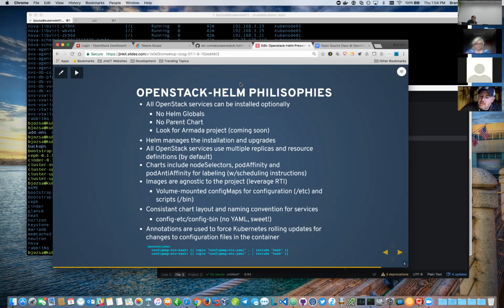So to tell you about our philosophy, the philosophies are really what's driving the way that we're building these, because as a large telecom provider, we have a very complicated OpenStack cloud, and it's very difficult to upgrade because of the intertwined dependencies. So